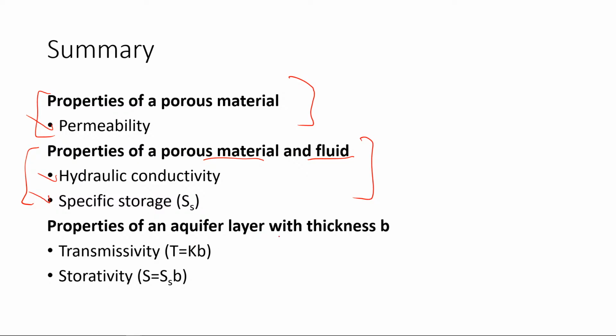A property of an aquifer layer with thickness would be transmissivity, which is hydraulic conductivity times B, and storativity, which is, for example, specific storage times B. So this is just a summary of what we have done so far. Please go check, make sure that you understand each and every one very carefully and clearly. Okay, so that's all for this video, and I will see you